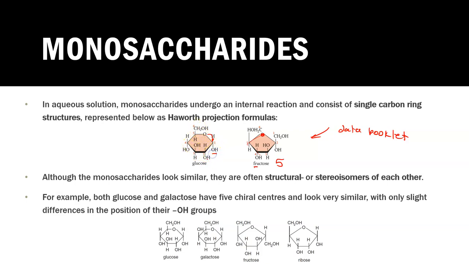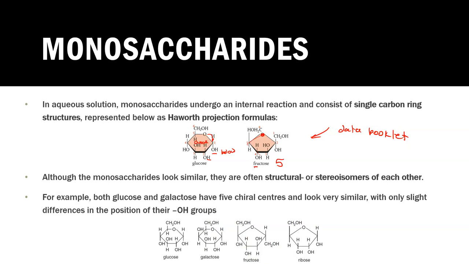The position of these hydroxyl groups, whether they are below like this one is or above like this one, the ring, is important. When these change, it changes them between alpha and beta glucose on this one here, or on carbon 4 can actually change it from glucose to galactose. So pay attention to whether your hydroxyls are above or below the ring when you're drawing these structures out from